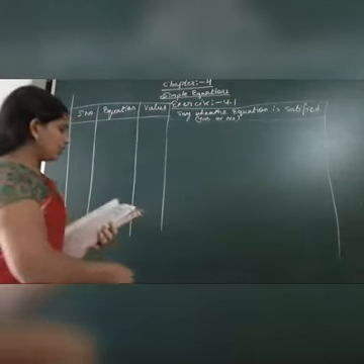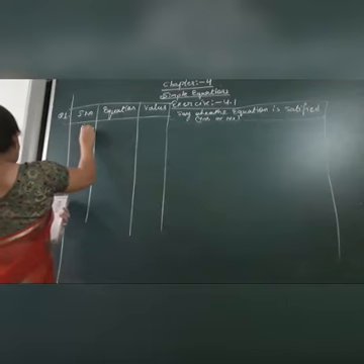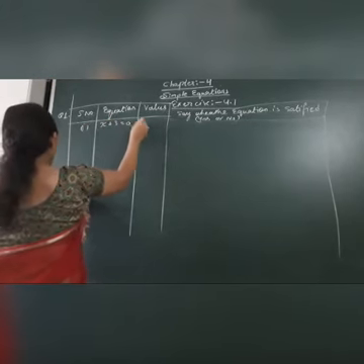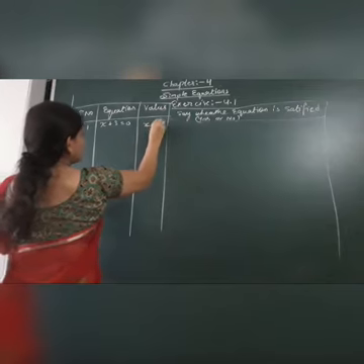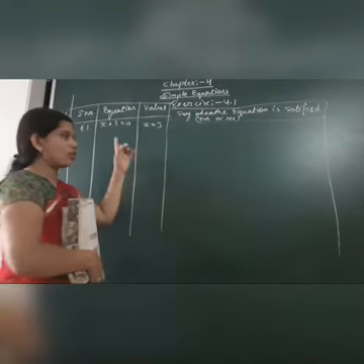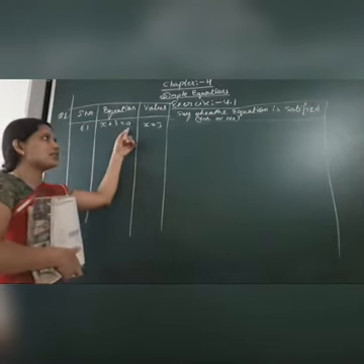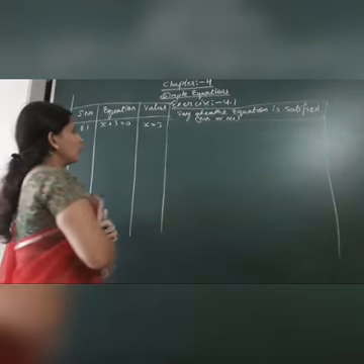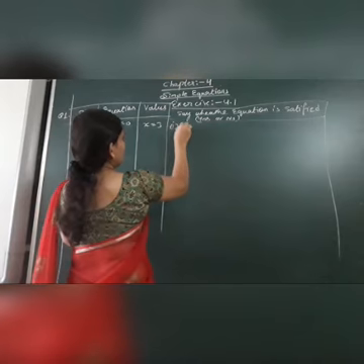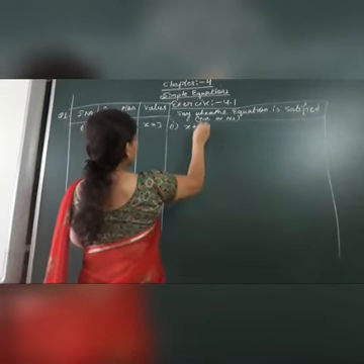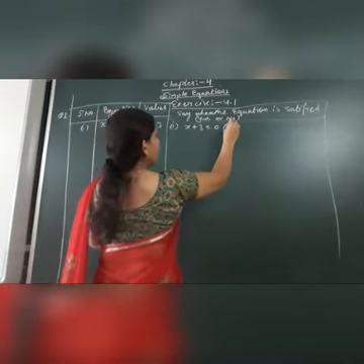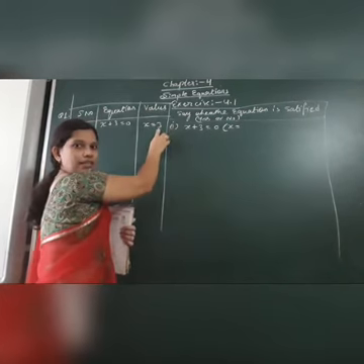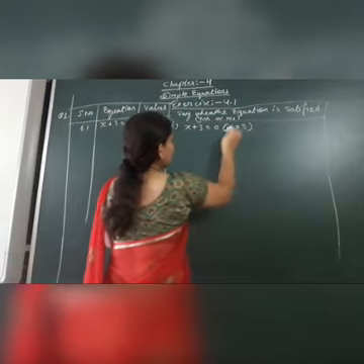So what is our first serial number? The equation is x plus 3 is equal to 0, and the value of x is given as 3. ठीक है. The equation we have is x plus 3 is equal to 0, in which we have to put the value 3 for x. So what is the equation we are having? The equation is x plus 3 is equal to 0, and the value of x is 3. So that value we have to substitute here.